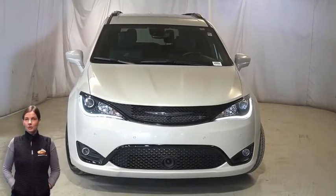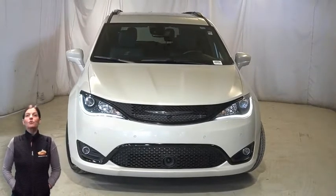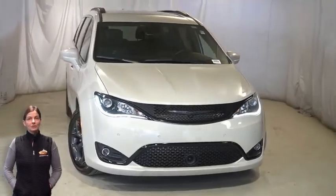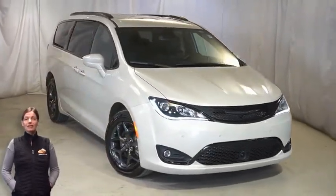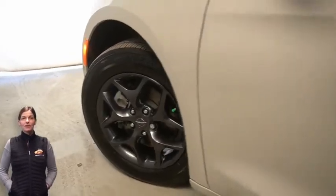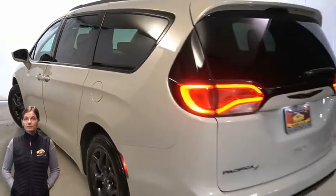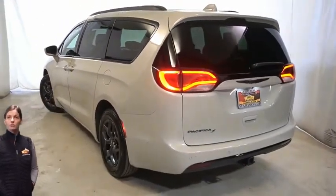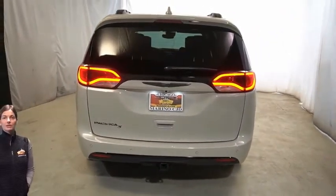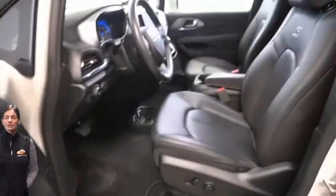Looking for a highly equipped family vehicle with all the right options and reliability? We'll take a look at the certified pre-owned 2019 Chrysler Pacifica Touring L Plus in luxury white pearl with S appearance package. With premium fog lamps, 18-inch aluminum wheels, black stow-in-place roof racks, tow package, heated front seats, heated steering wheel, 22,000 miles on the odometer,